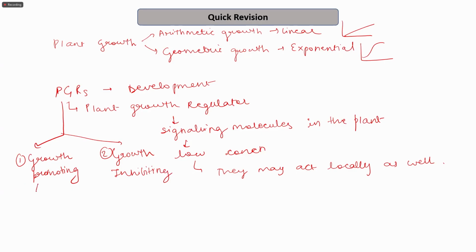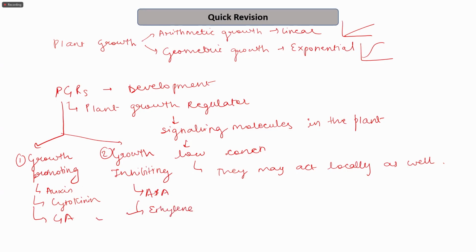So in this category, we put auxin, cytokinin, and gibberellic acid. And in this category, we put abscisic acid ABA, and ethylene at some point can be considered in both the